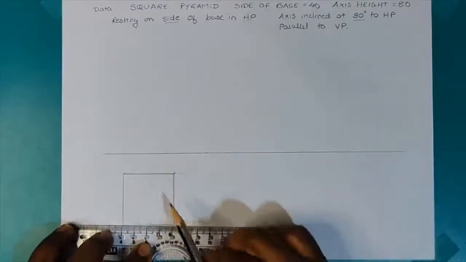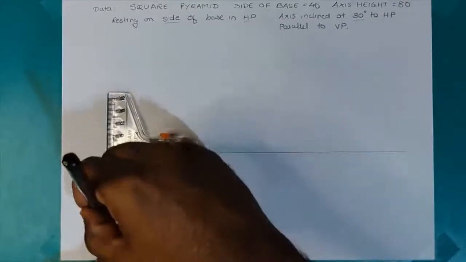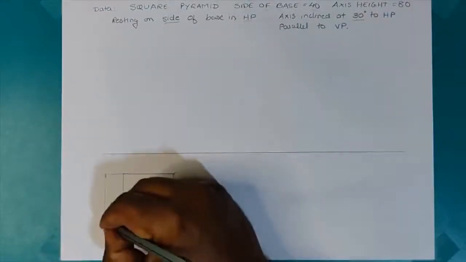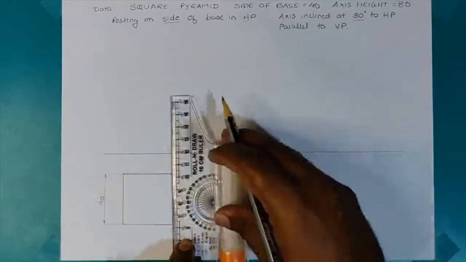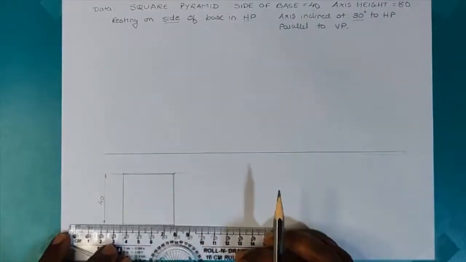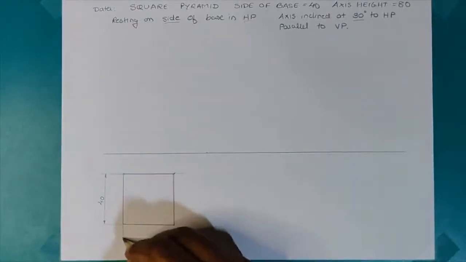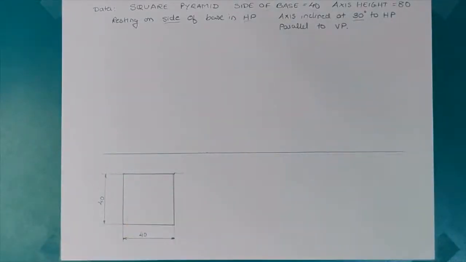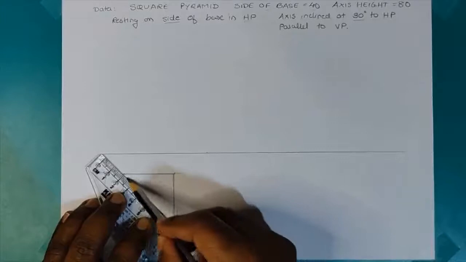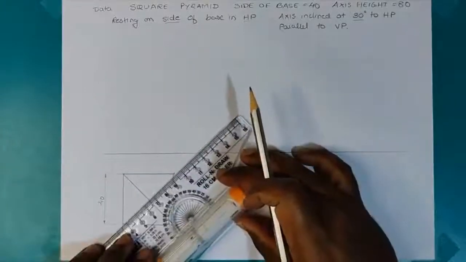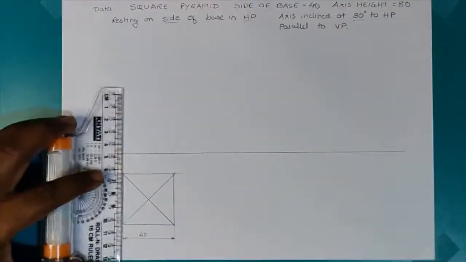So this is the top view of the pyramid. That is base of the pyramid, which is square with side 40. Now I have to find the apex. So before that, I dimension the square 40 by 40. And now I have to find the apex, which is intersection of the medians by medians. So I draw diagonals to the corner and obtain the apex.